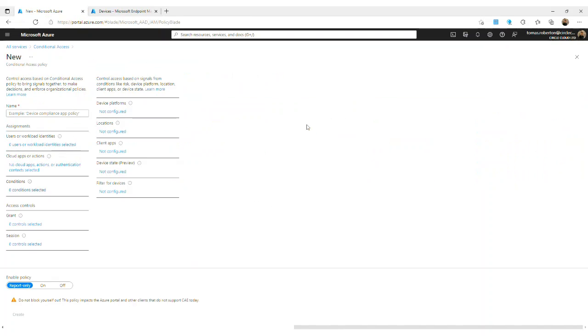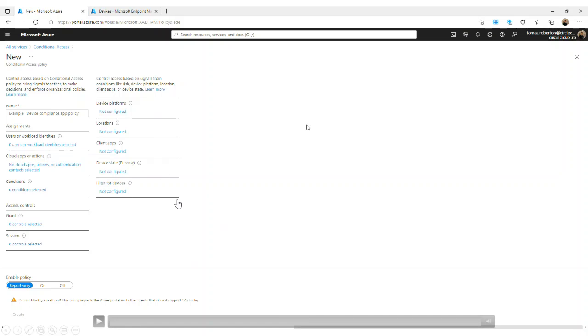So, final thing on compliance policy, because I know I mentioned it a lot there, is conditional access, because it's such a key part of compliance policies is hooking them into conditional access. I just wanted to show you where you would go to do that. So once you've got a compliance policy you're happy with, if you go in to create a new conditional access policy in the Azure Portal, I'll show you where you actually configure the criteria to include compliance in your conditional access policy. So you've got a new policy here,